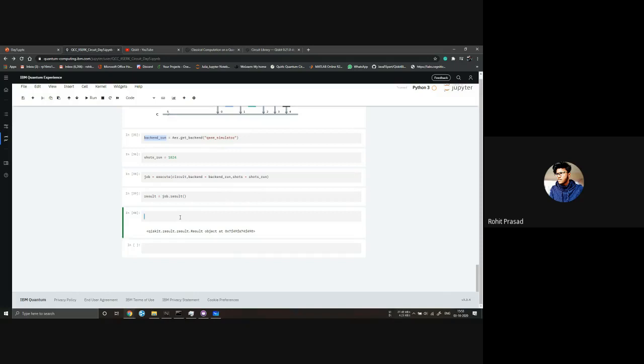We say counts is equal to result dot get counts. This is an argument of the result, and it tells us to give the value of the result that corresponds to counts.